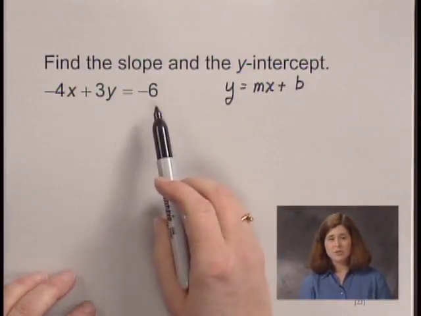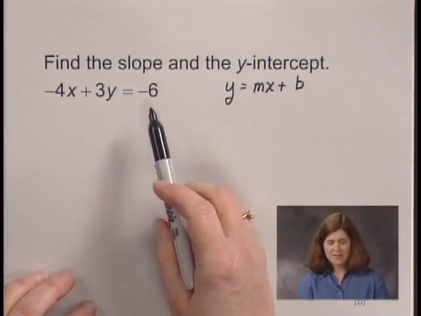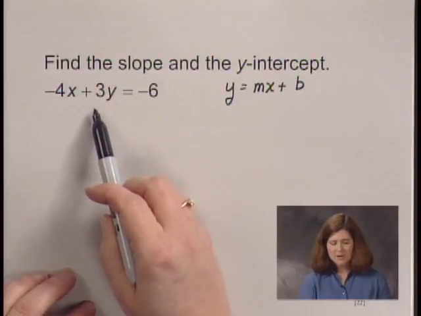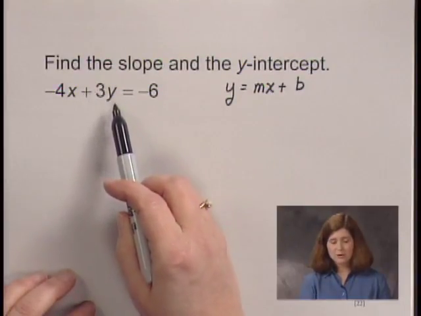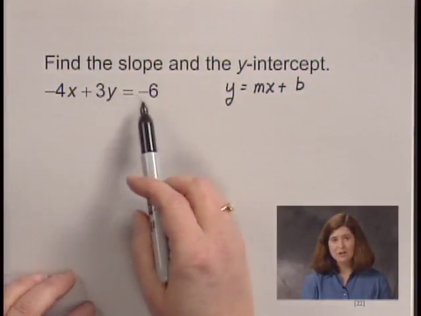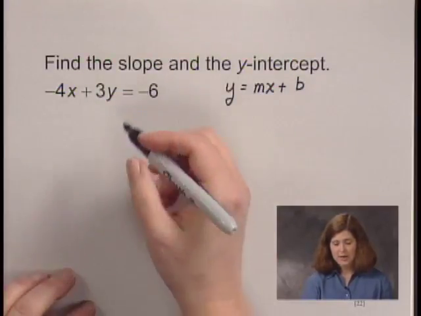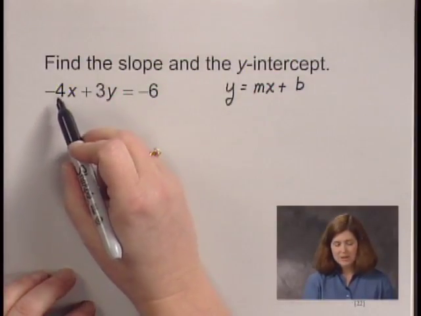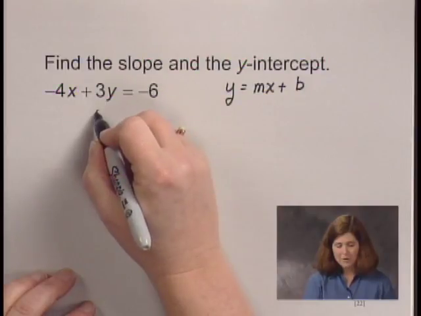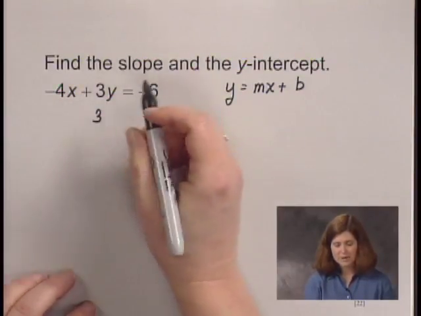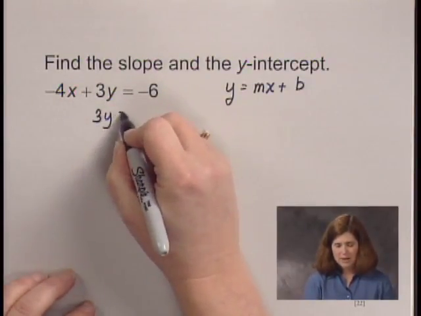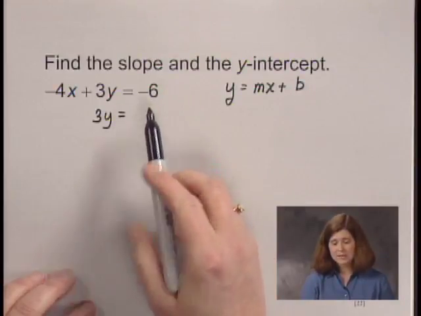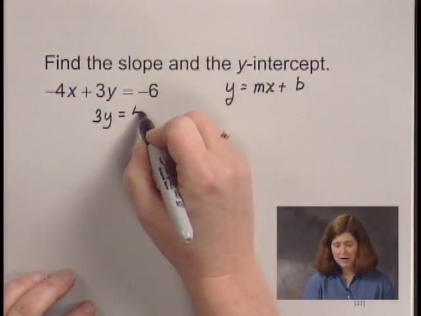So the first thing we'll do here is solve for y. We begin by isolating the 3y term. So we will add 4x to both sides of the equation. And that will give us 3y, because 4x minus 4x is 0, equals, adding 4x on the right side of the equation, we have 4x